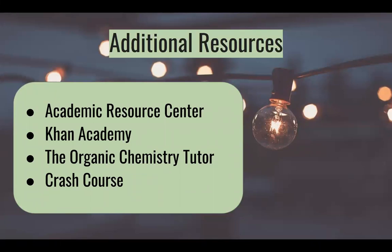And this slide is just so that we can re-emphasize the different resources that are available to help you in your learning experience to be the best that it can. Although a lot of the classes that you will encounter in CNAS can be challenging, it's definitely doable and you can be successful. And from Khan Academy to different YouTubers such as the Organic Chemistry Tutor and Crash Course, the Academic Resource Center is by far one of the